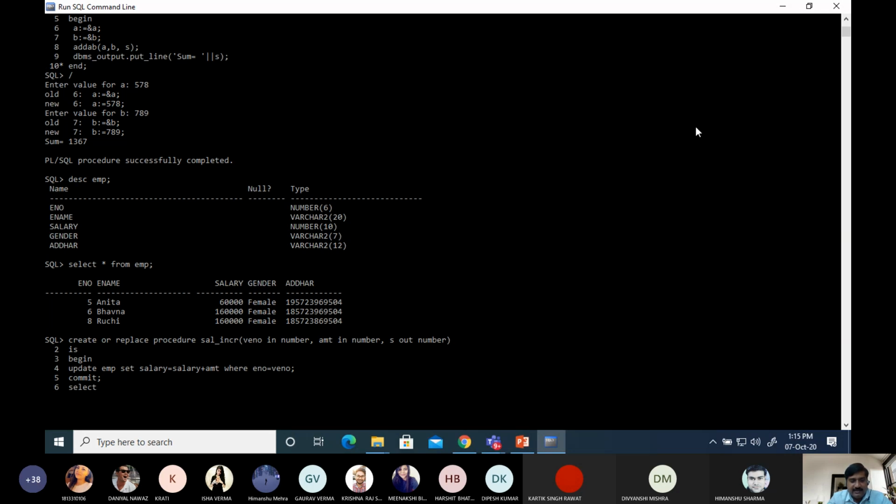Again, select salary. Again select salary from the table and store that value into S from the EMP table where E number equal to VE number. Did you get it?